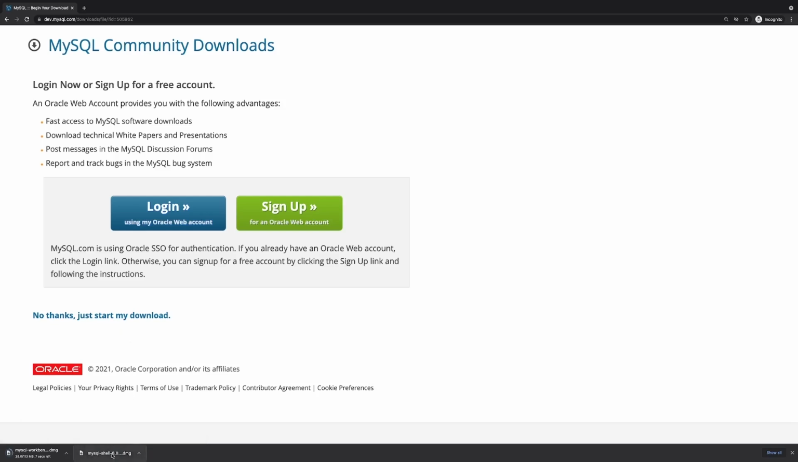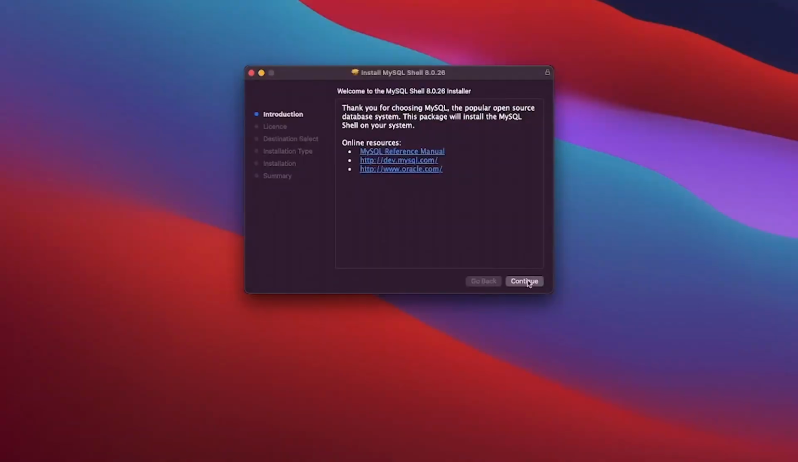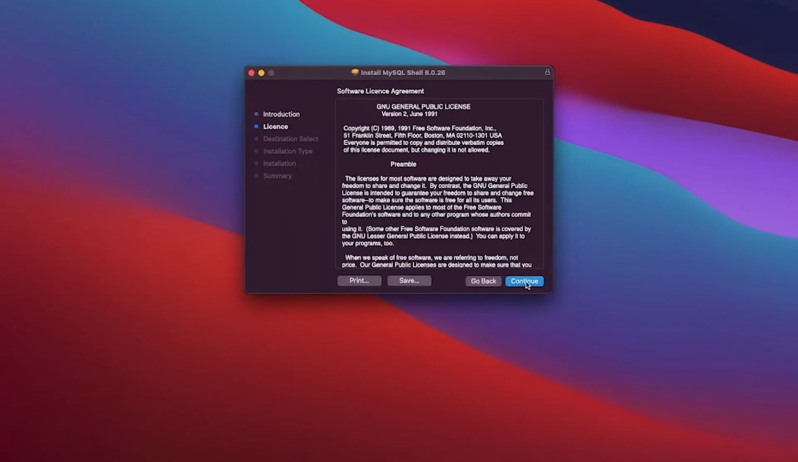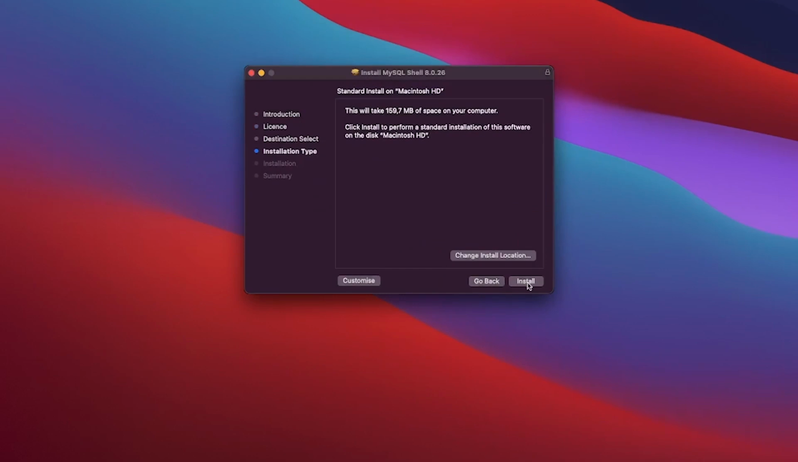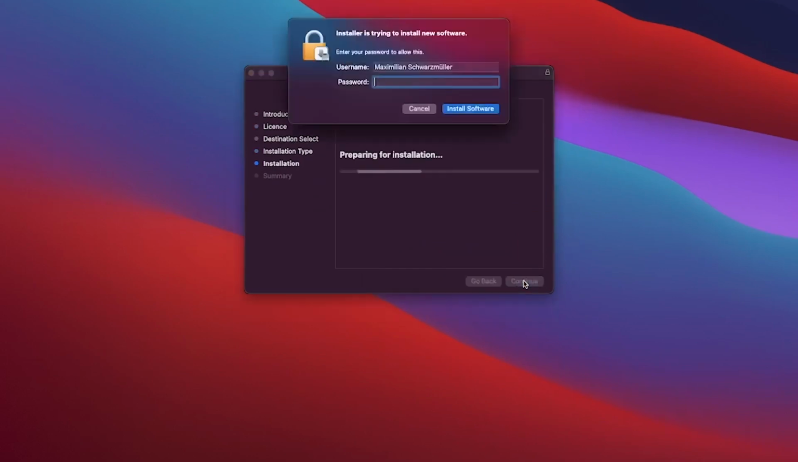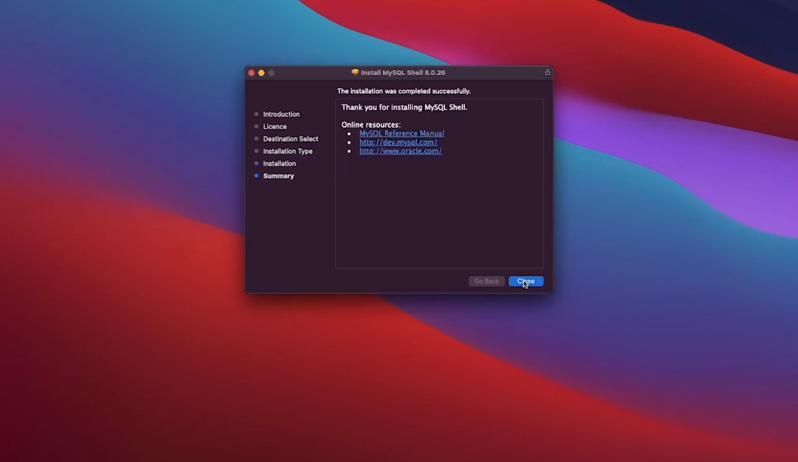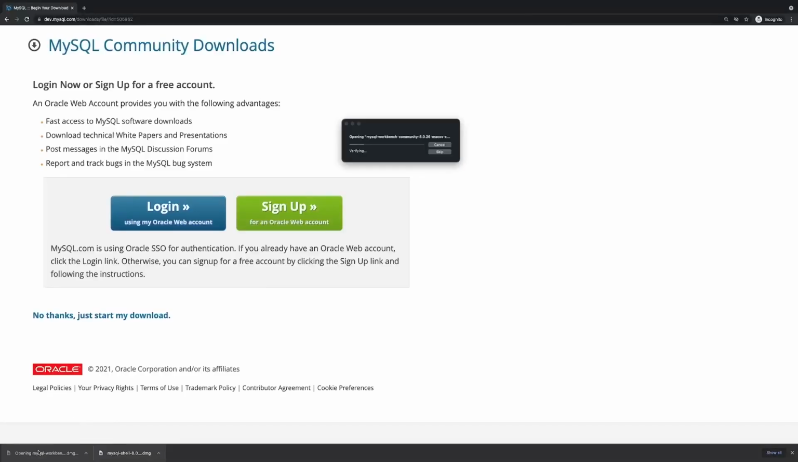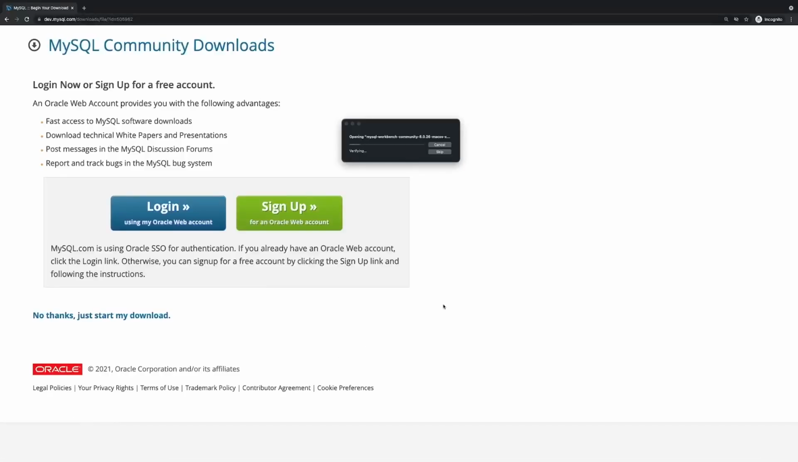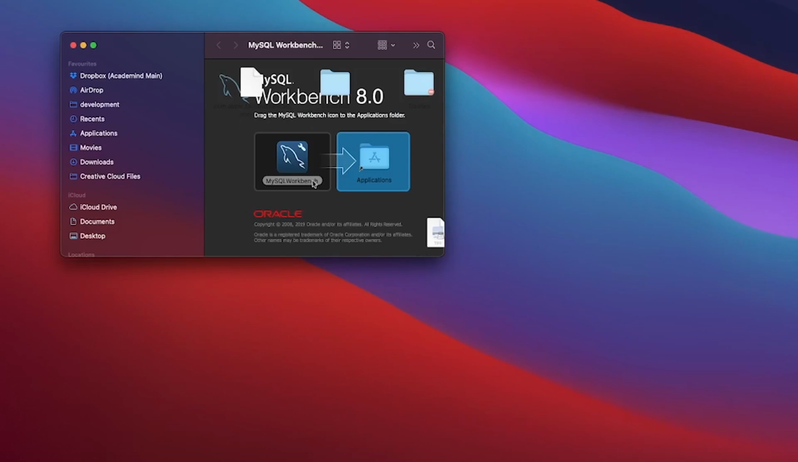Now I'll start with the shell and open this installer here. Here we go, that's the installer for the shell. And I'll simply walk through it here, agree to the license, and install this shell. Again, enter my password for my Mac user, and install this shell, which is this command line client, and click close. Now we also downloaded MySQL Workbench, and if you double click on that download, you should be greeted with